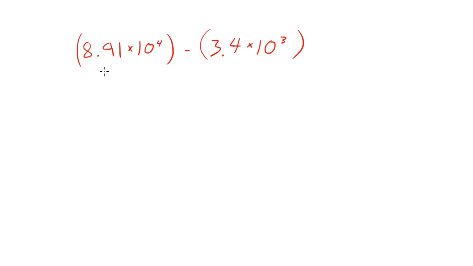So the very first thing we need to do in this tutorial is convert these scientific notation numbers to standard notation. Now 8.91 times 10 to the fourth is 89,100. Now 3.4 times 10 to the third is 3,400. Now 89,100 minus 3,400 equals